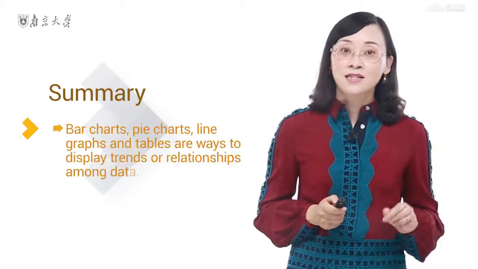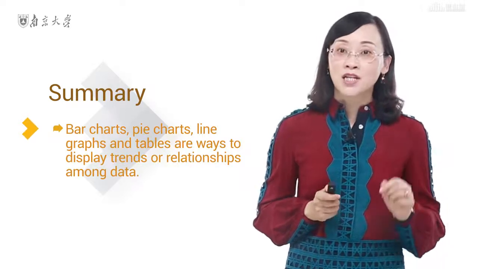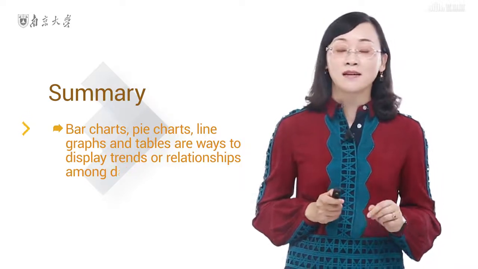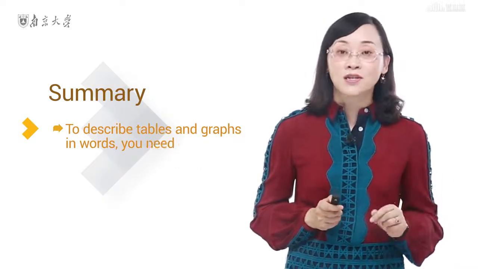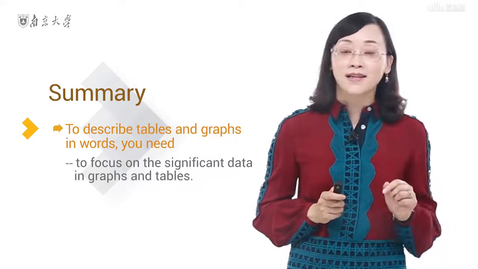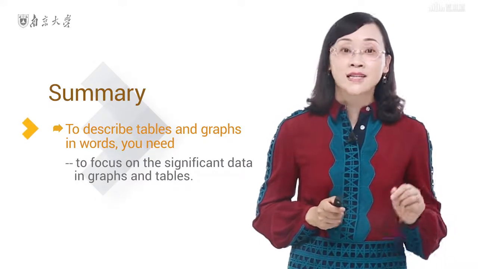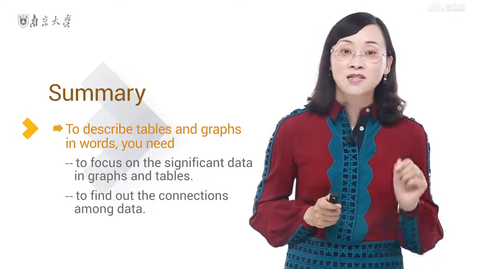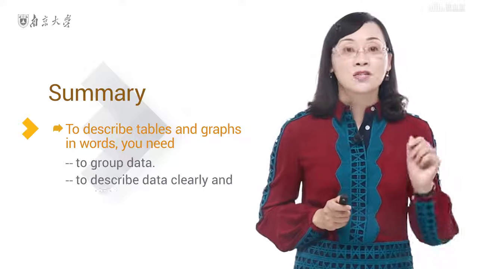Let's go over the main points in the session. Bar charts, pie charts, line graphs, and tables are ways to display trends or relationships among data. To describe them in words, you need to put your readers in mind. That is, to focus on the significant data in graphs and tables, to find out the connections among data, to group them, and to describe them